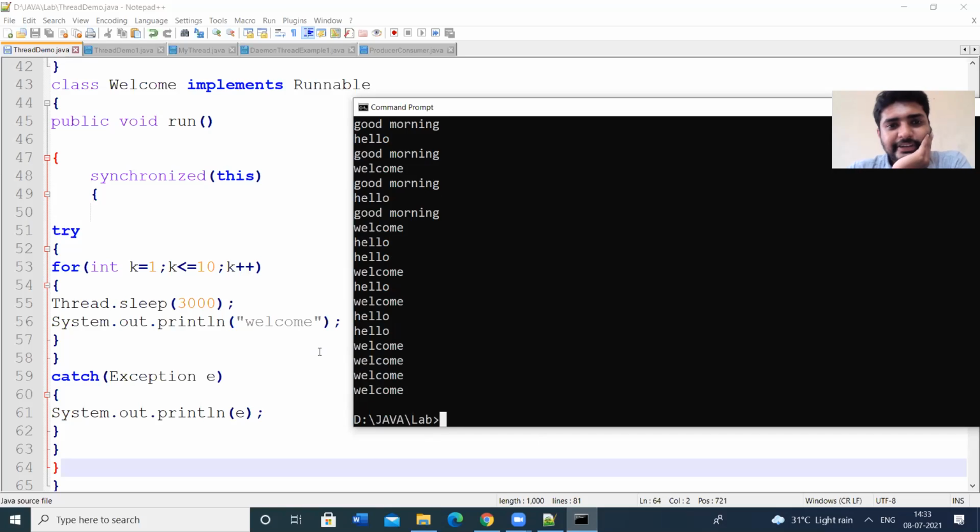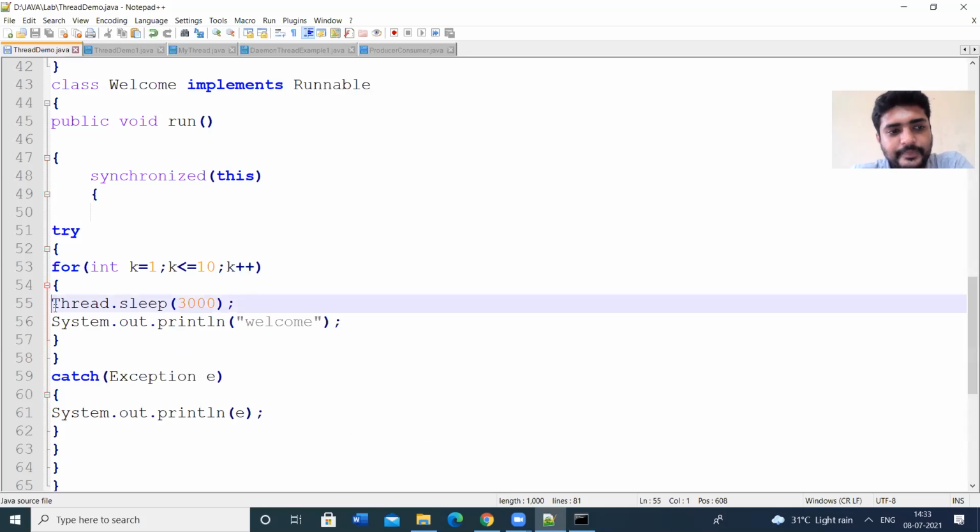So we are not identifying whether the three threads are synchronized or not. So let us remove these statements, this one, sleep. We have given the thread dot sleep. Remove this statement. Why? Because sleep means the thread waits for some 3000 or 2000 milliseconds.